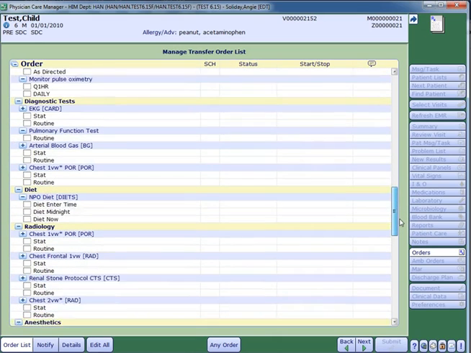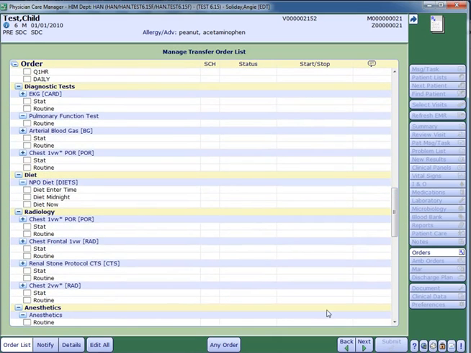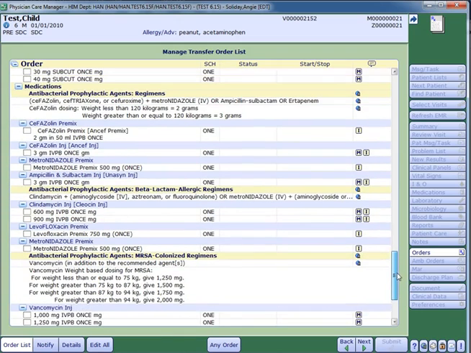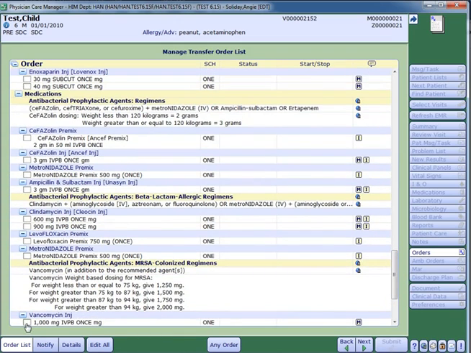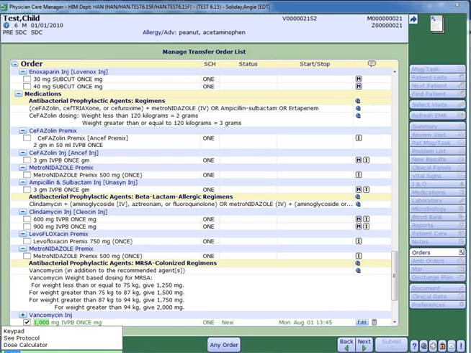As I scroll down, I'm going to make a few more selections. Notice the most common choices are here, but if I needed a different dose, for instance, I can click into the field and define that right here on the fly as well. So if I wanted to adjust the dose to 1250, I could do that. If I needed to change the frequency, I could do that,